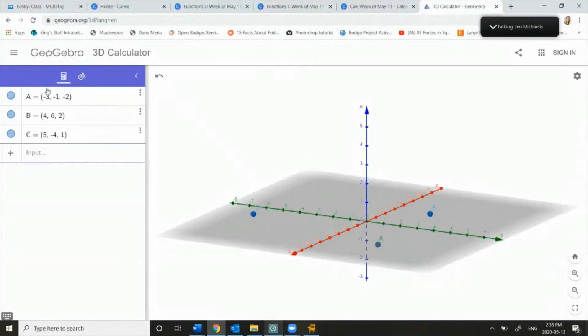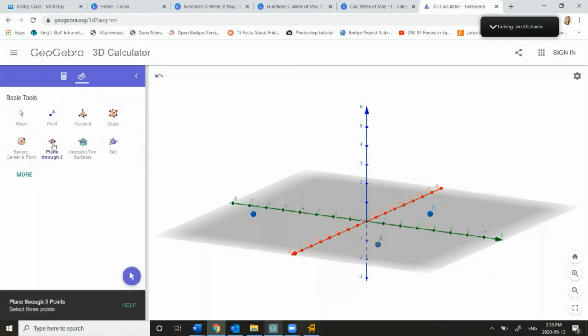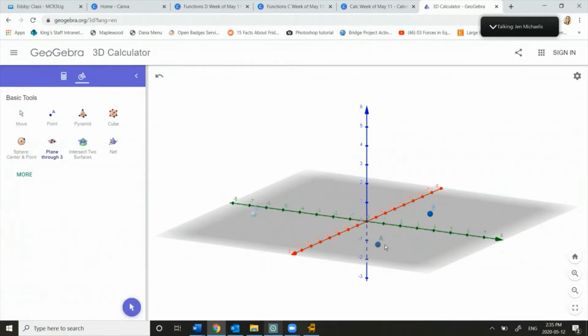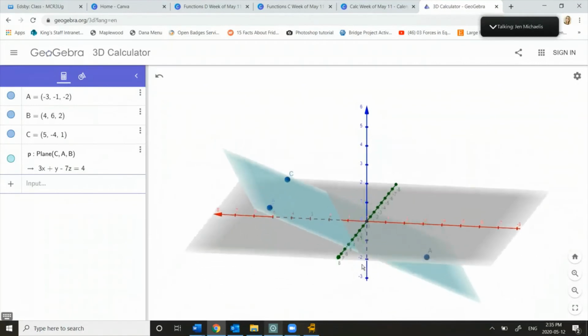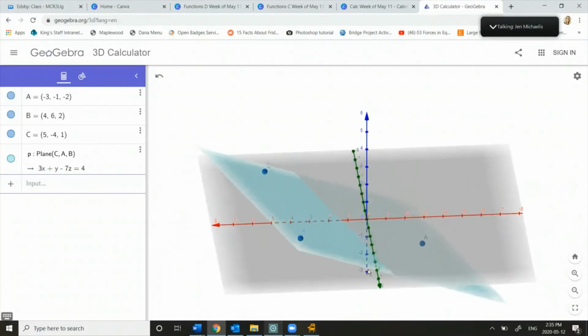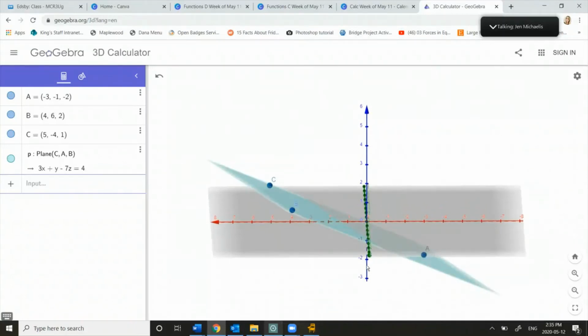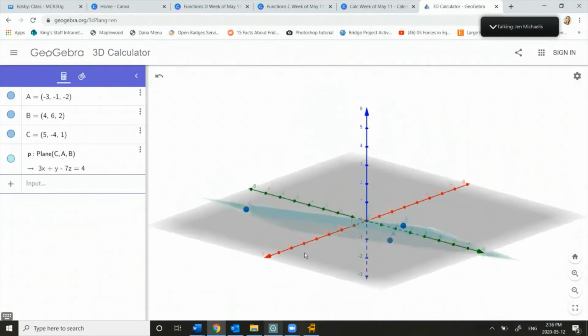All right, so you can see over in the legend here that I've graphed our 3 points in space. With GeoGebra, we can create a plane really easily by simply clicking those 3 points that we want to define our plane. And then we can see that with that basic tool, this defines the plane that covers all those 3 points. Now, if I only had 2 of them, the plane would wobble on those 2. But as soon as I add in a third, it stabilizes the plane, and that uniquely defines the plane in